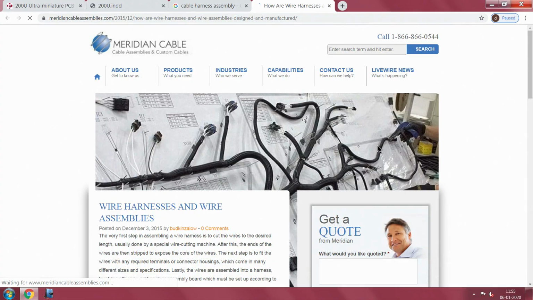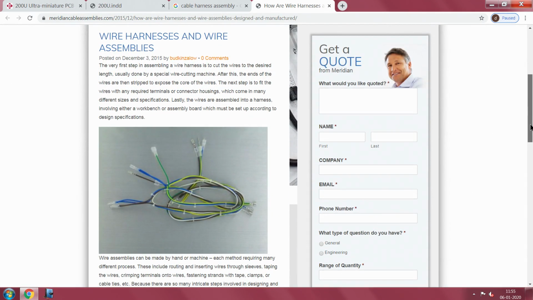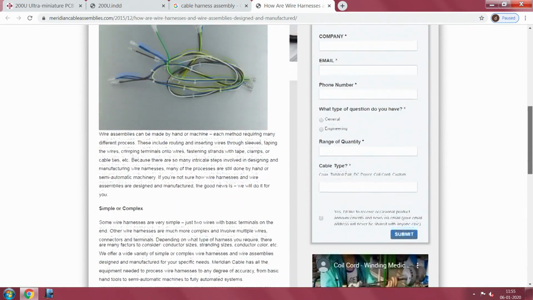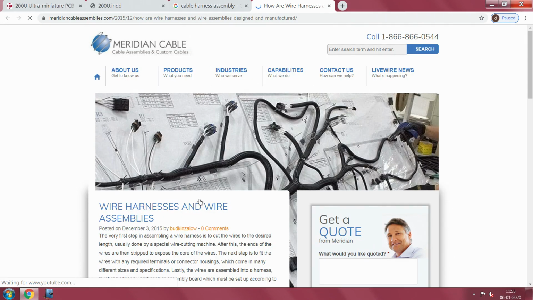So, you see here that this large... have a look at it here please, wire harness and wire assemblies, which Meridian cable has given. One of the things you may have noticed is that at the end of each of them we already have a designation, and these assemblies are the ones that are generally directly accessible for you.